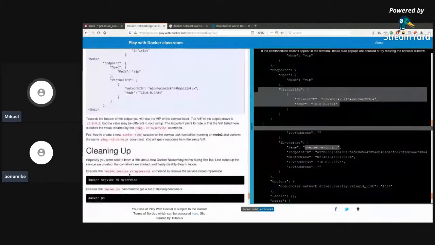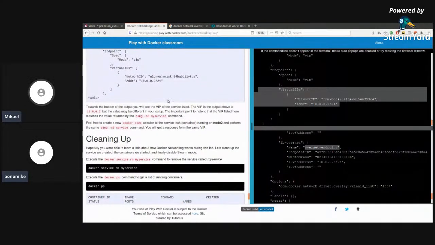Towards the bottom of the output, you will see the VIP of the service listed. The VIP in the output above is 10.0.0.2, but the value may be different in your setup. The important point to note is that the VIP listed here matches the value returned by the ping -c5 my service command. Feel free to create a new Docker exec session to the service running on Node 2 and perform the same check,